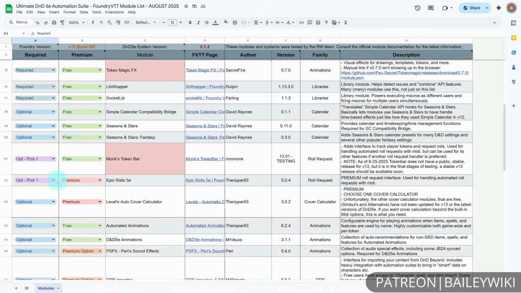For example, the D&D Beyond importer is really great, but if you don't have anything on D&D Beyond and none of your players do either, you don't need it. For the optional pick one, you're going to pick one from the same family of things. Speaking of, that is going to be kind of the penultimate category or column here, and that's basically describing the general function of a group of modules. And for anything that is optional, pick one, you're just going to pick one from that same family. So here we've got Role Request, and you'll choose between Monk's Token Bar or Epic Rolls 5e